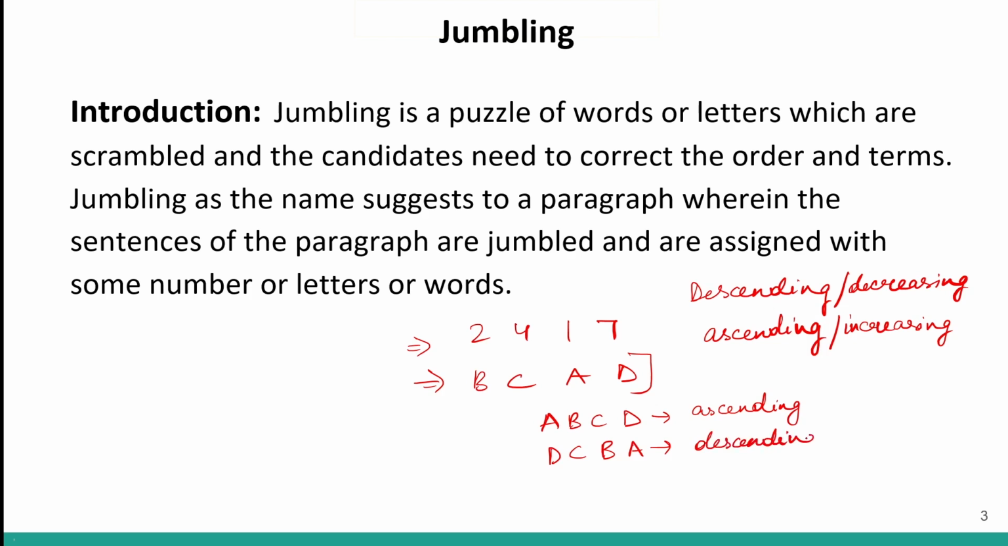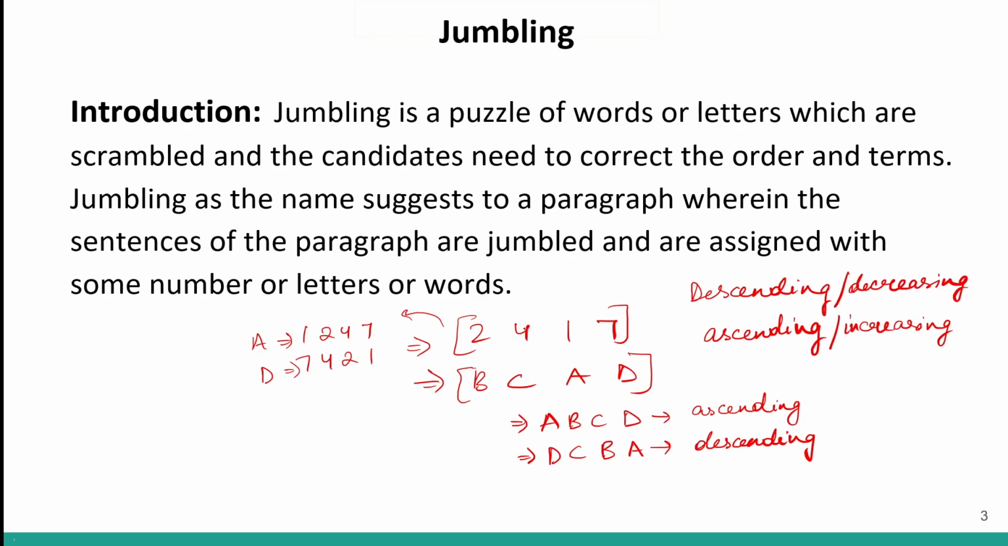So if I arrange them in a particular order, that means I have unjumbled them. These were jumbled up. Similarly, these are jumbled up. So I can write it either as 1, 2, 4, 7 or 7, 4, 2, 1. So this will be ascending order and this will be descending order. So this is what you mean by jumbling. Certain elements, it could be alphabets, it could be numbers, they are jumbled and we have to